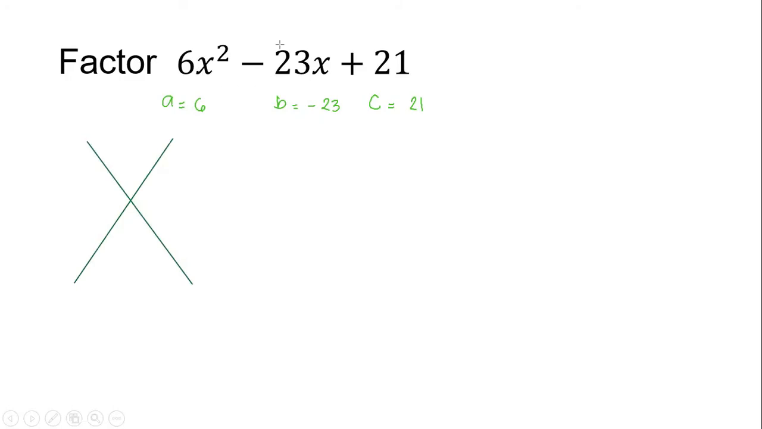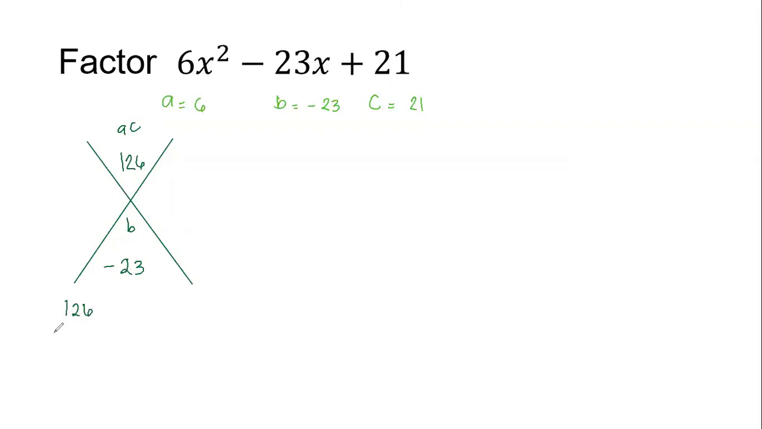So again, the top part would be the product of A and C. So what is 6 times 21? 6 times 21 is 126. And of course, the opposite side of the product of A and C would be the value of B, which is equal to negative 23. So now the question is, what are the factors of 126 that when added together will be equal to negative 23? So for you to better see it, we will list down all the factors of